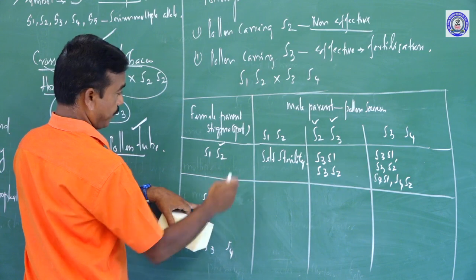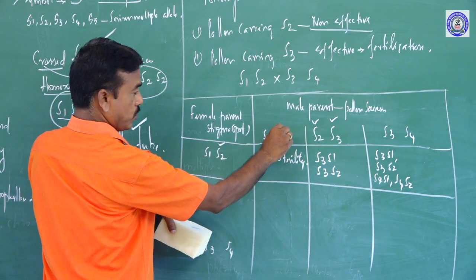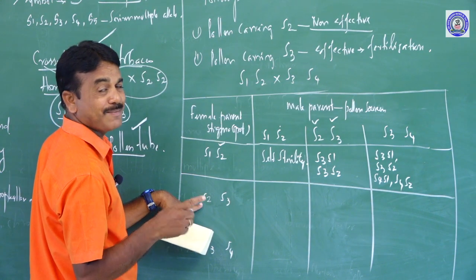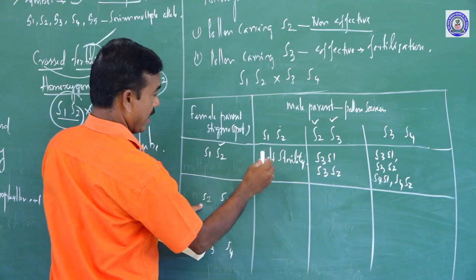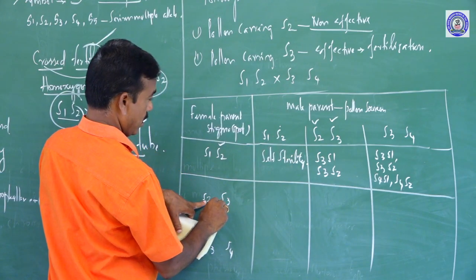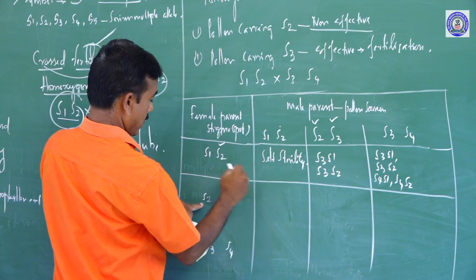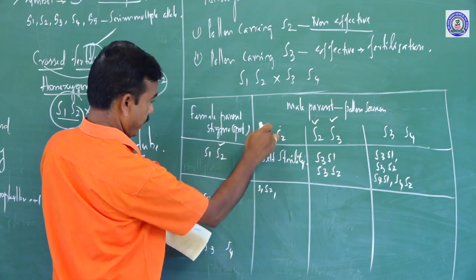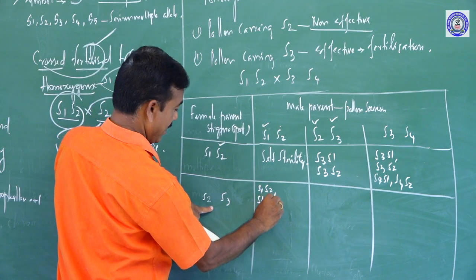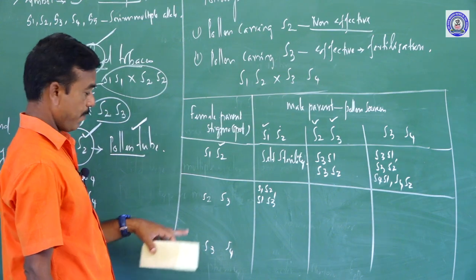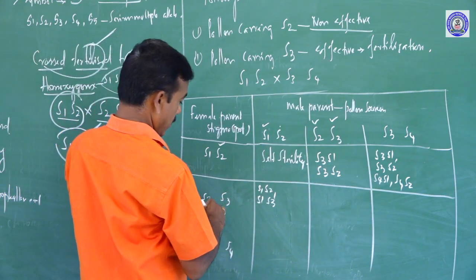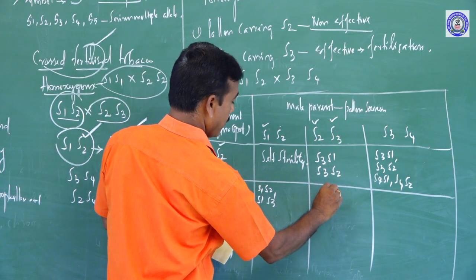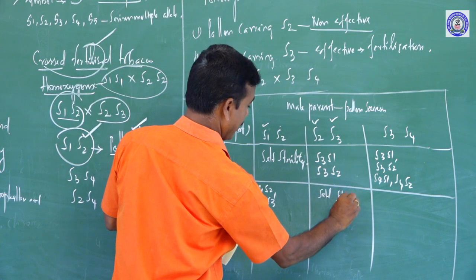Can I go to the second one? Here S2 is there, here S2 is there. If the same kinds of alleles occur, there is no possibility of crossing, which makes self-sterility. So you cross with other than S2: S1, S2; S1 and S3. These two are possibilities. Next, S2, S2, S3 and S3. So what happened? That is self-sterility.